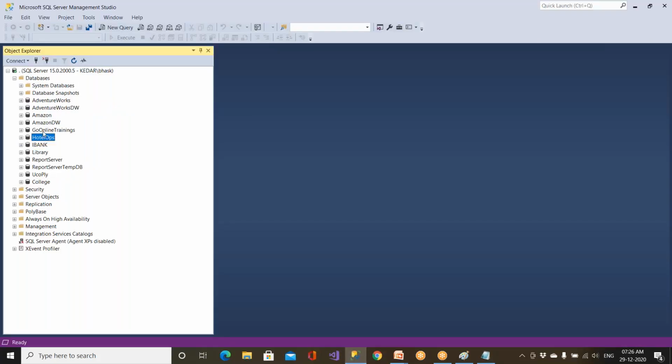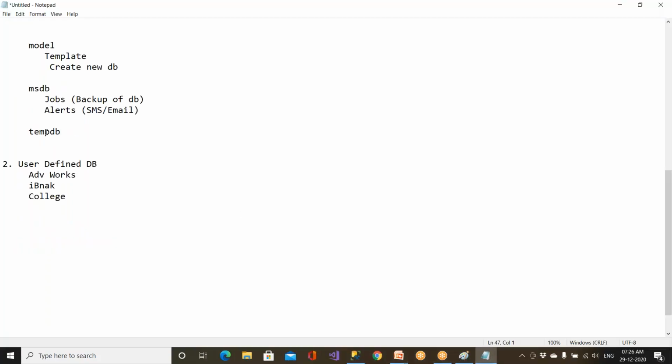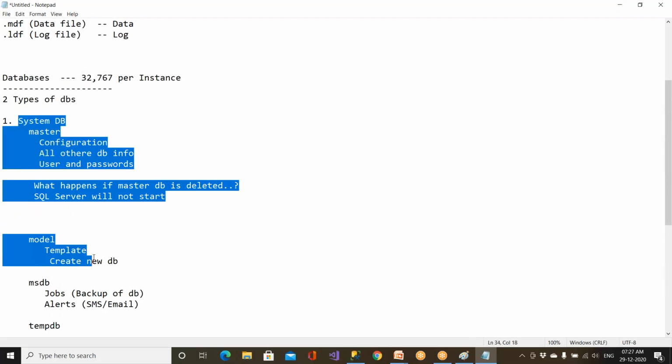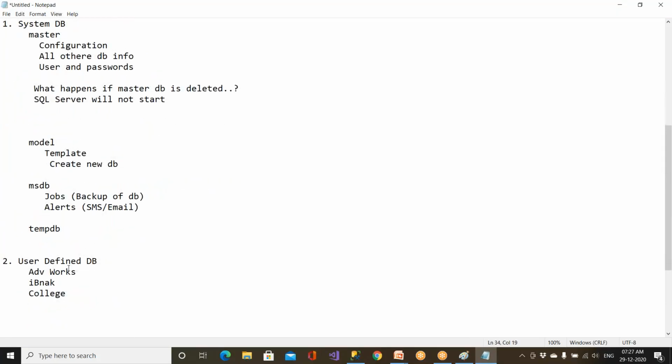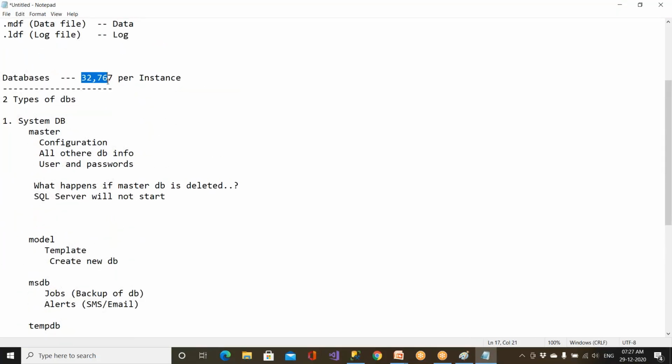Library, iBank, hotel, go online, Amazon. So these are the user defined databases put together. Put together these four plus the remaining, we can have totally 32,767 databases.